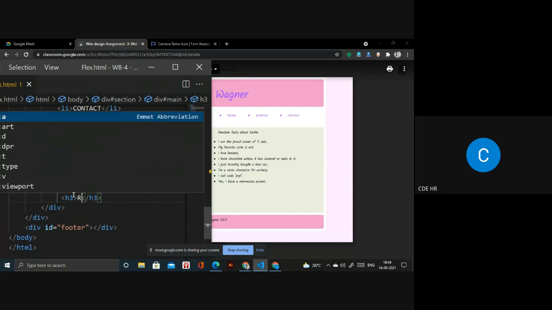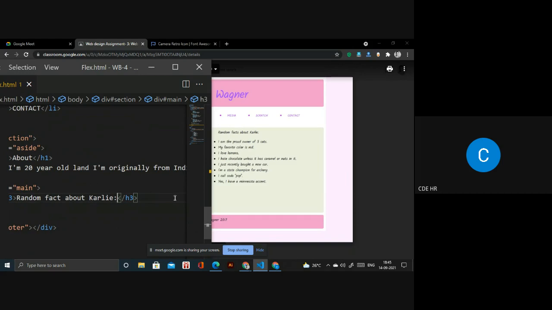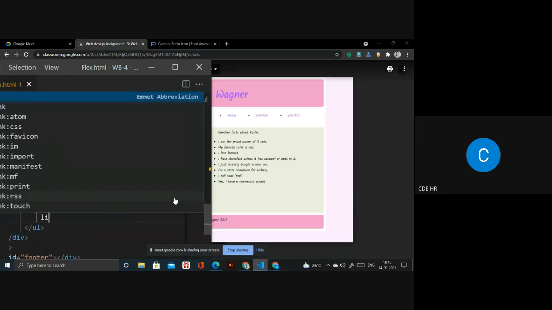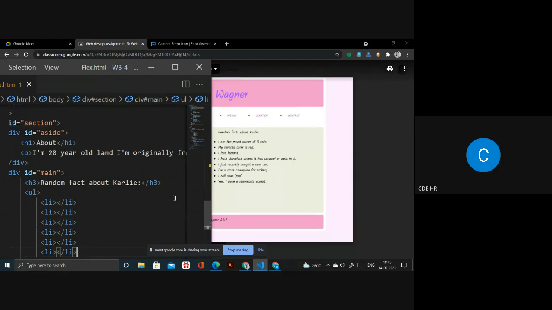You have to write random facts about. Okay, next you have to write ul and li. Inside you have to get more li, 1, 2, 3, 4, 5, 6, 7, 8. I need to get 8 li. Okay.